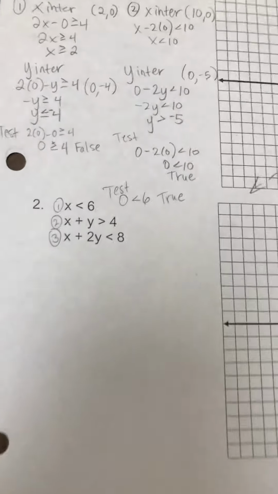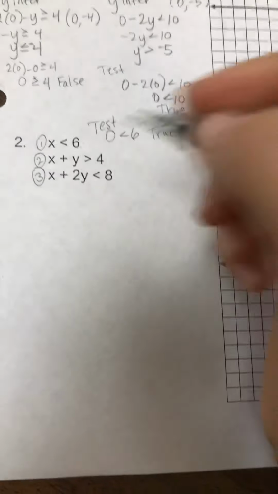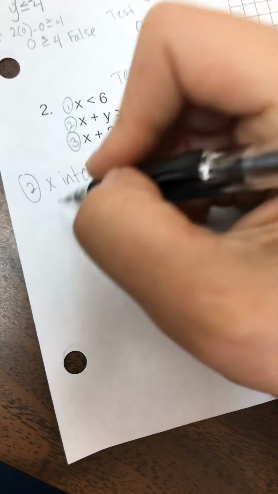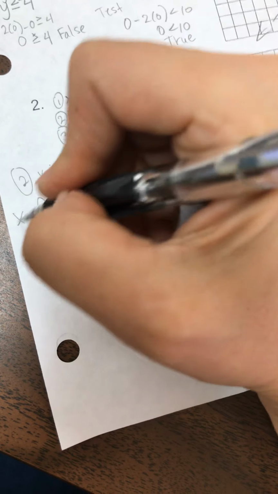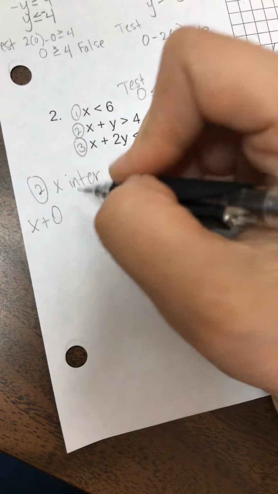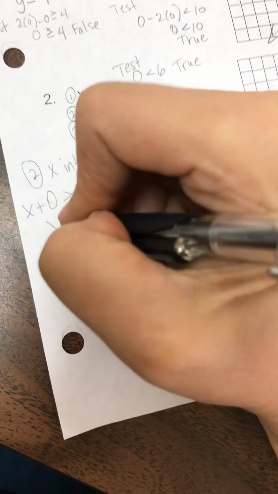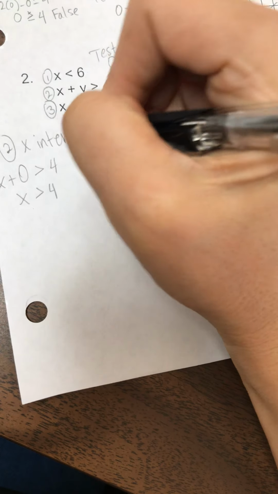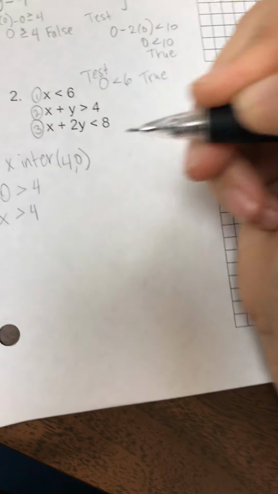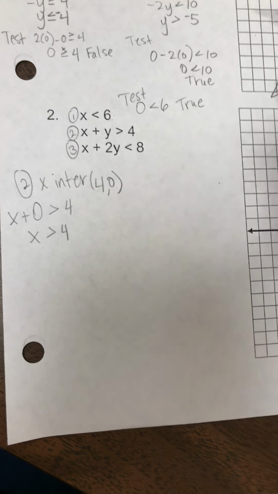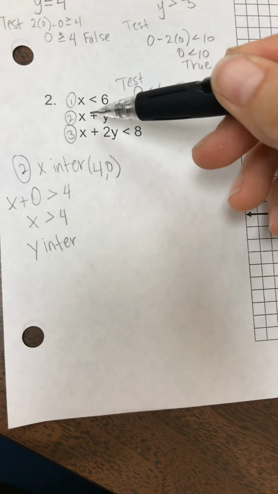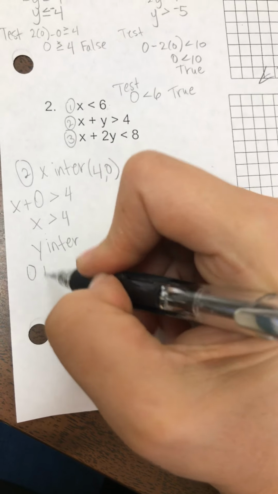All right, so let's come back over here. And now let's do our number 2. We're going to have our x-intercept. You're going to put y in as 0. So you're going to have x plus 0 is greater than 4. So you're going to get x is greater than 4. Okay, so your x-intercept is going to be (4, 0). Now for your y-intercept, you're going to put 0 in for x, and you're going to get 0 plus y